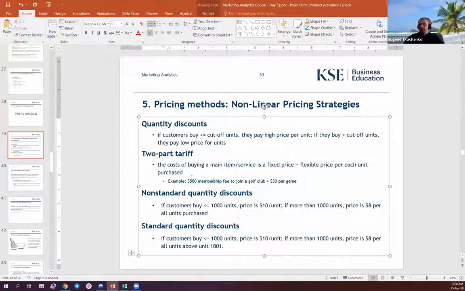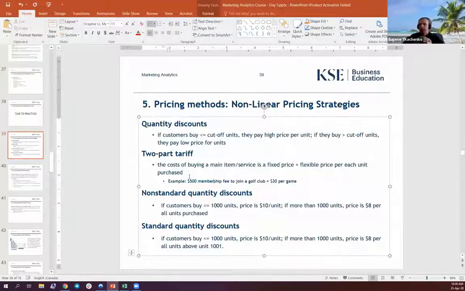And two-part tariff. That's a slightly different type of tariff, and it is commonly used for industries where you need to pay some sort of membership or flat fee. At the same time, you're covering most likely fixed costs established by the facility you're getting the service from, but then you need to pay the margin, the premium price, or the extra money